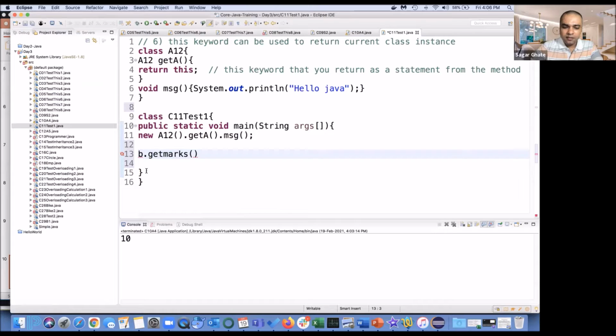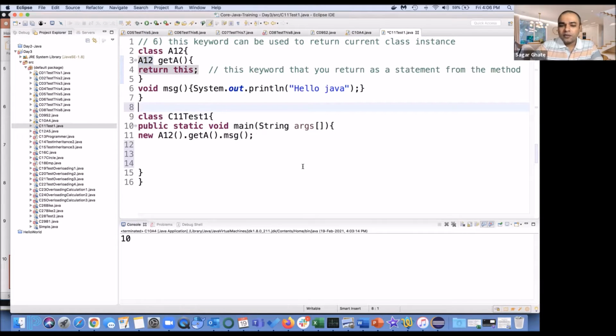And if I say B.C.getMarks, this also should be an object and this also should be an object, so that it solves my purpose. So in this statement, this is an anonymous object, and if you call getA, what is the return type of getA? Again, it's a user-defined type, that is an object, like I can say address of address. So again, object.message I can do like this.